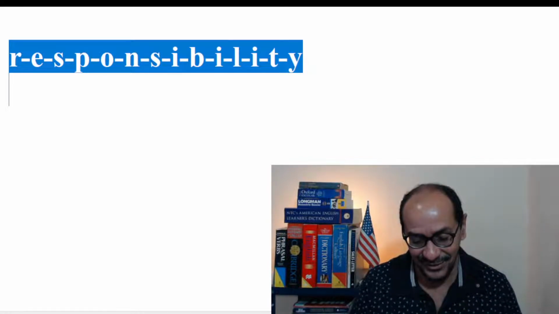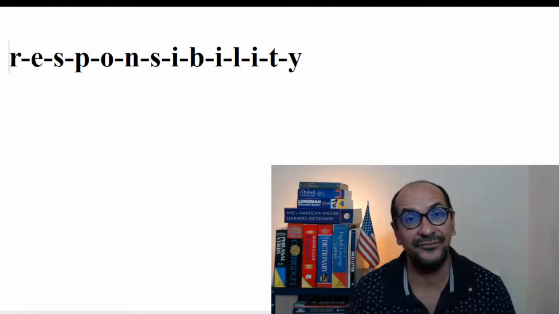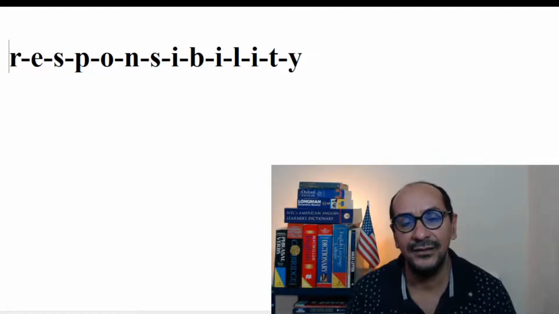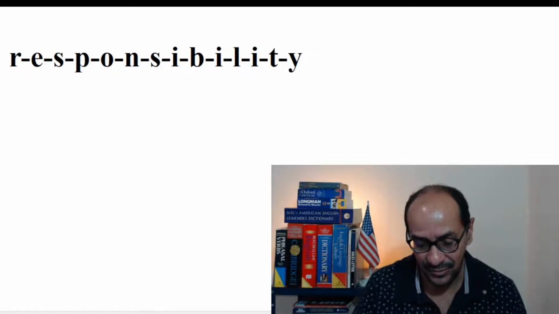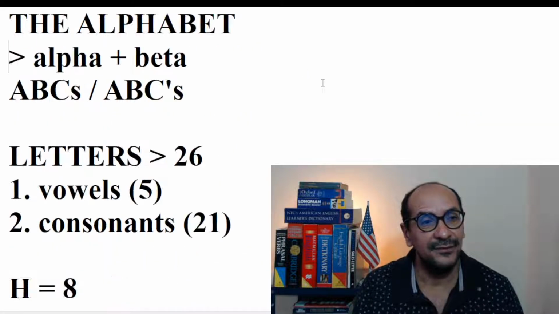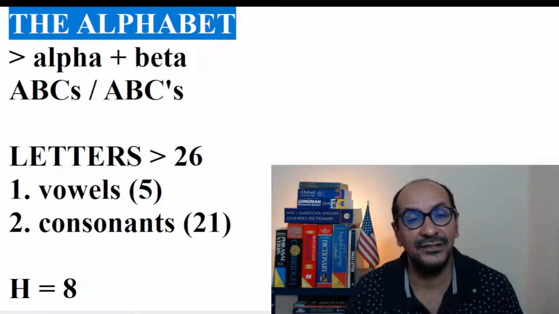So this is something interesting, and when we are teaching the letters of the alphabet, we try to make guys have fun. I try to make guys have fun because learning the alphabet is something very, very important. So remember that today we talked about the alphabet. And as we talked about the alphabet, remember that there are 5 vowels and 21 consonants. They are going to be very useful in your life because if you pay attention, you're going to realize that it's really useful.